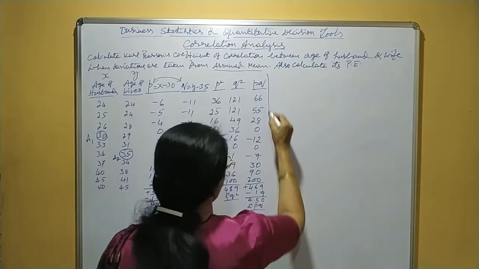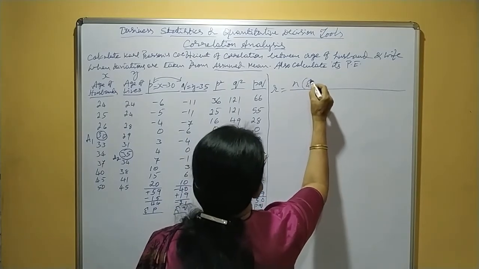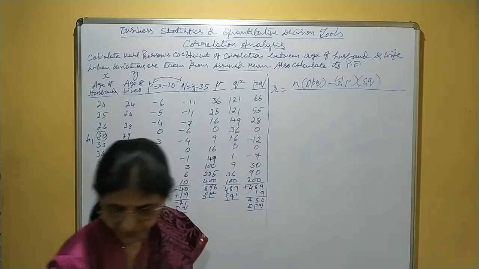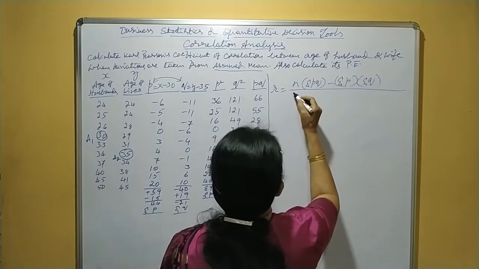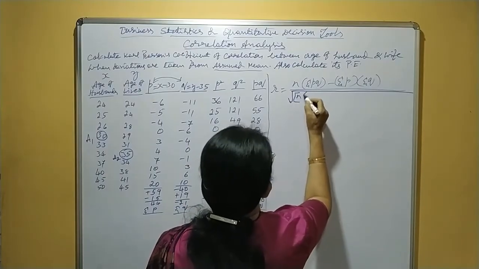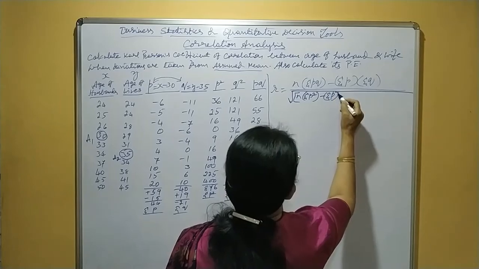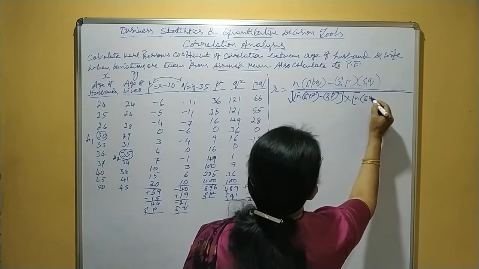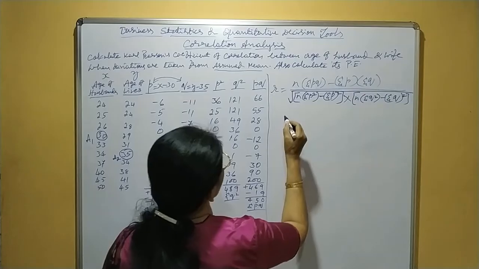Under ungrouped data, r equals, what is the formula? N into sigma PQ minus sigma P into sigma Q, divided by square root of n into sigma p square minus sigma p whole square, into n into sigma q square minus sigma q whole square, isn't it? This is the formula. This formula I want you to keep in memory. Equals,